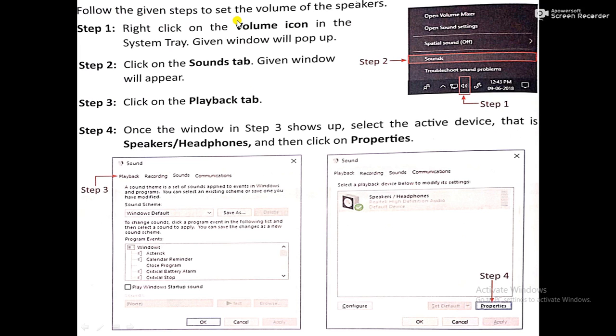Next, follow the given steps to set the volume of the speaker. To set the volume of the speakers, we have to follow some steps. Step number 1, right click on the volume icon in the system tray. See here, this is the system tray. Here you will find the volume icon. As you right click on it, this